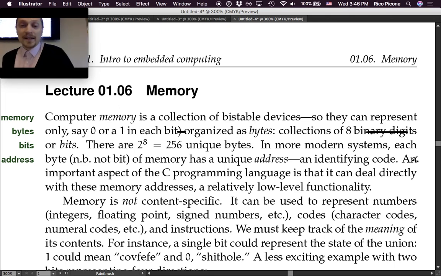In more modern systems, each byte, so note well, not bit, of memory has a unique address or identifying code. Okay? An important aspect of the C programming language is that it can deal directly with these memory addresses, a relatively low-level functionality. So those of you who have been boning up on C, which I hope you are,